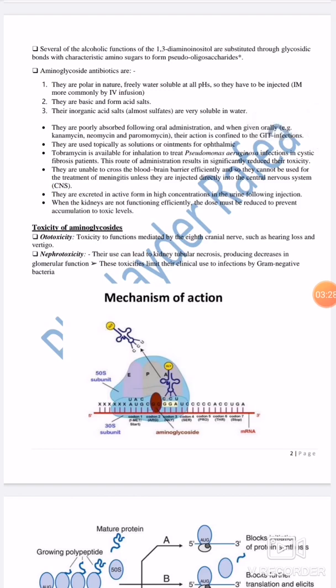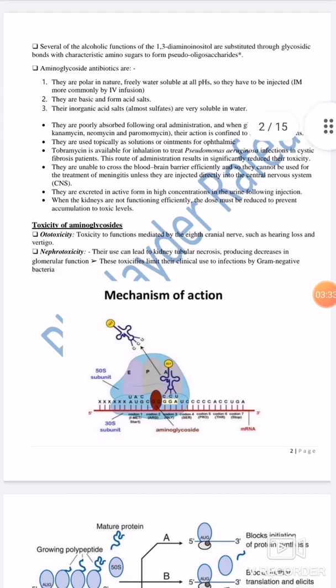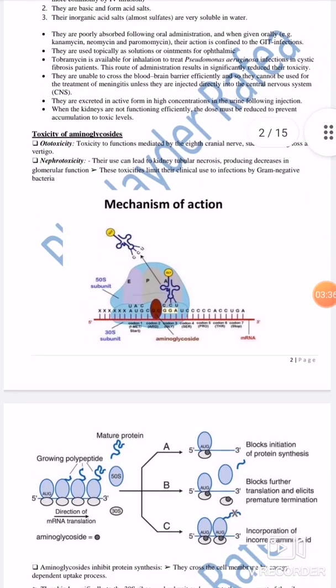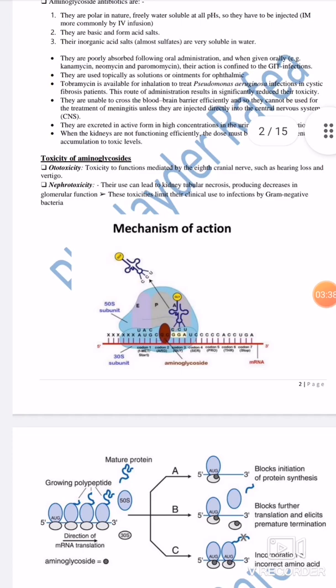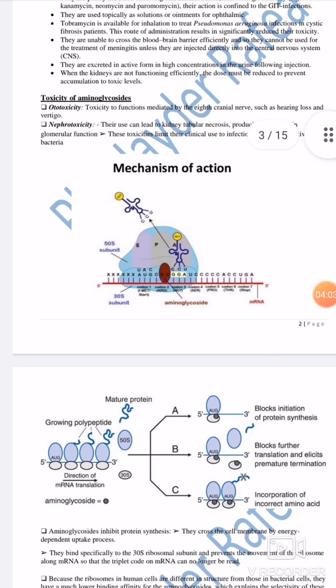The toxicities of aminoglycosides are mainly two: ototoxicity and nephrotoxicity. The ototoxicity is mediated by the eighth cranial nerve, causing hearing loss and vertigo. While the nephrotoxicity can lead the kidney to tubular necrosis, producing a decrease in glomerular filtration. These toxicities limit their clinical use to infections by gram-negative bacteria. As we see here,